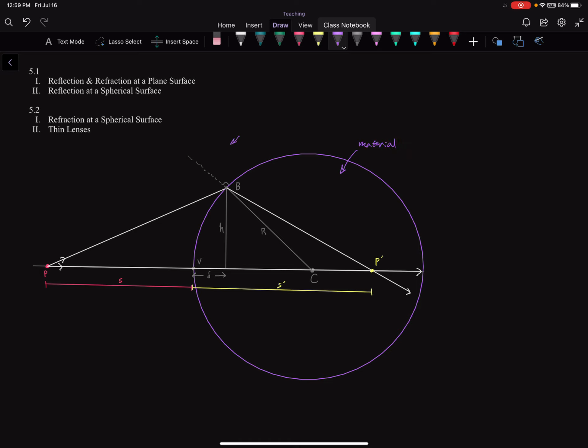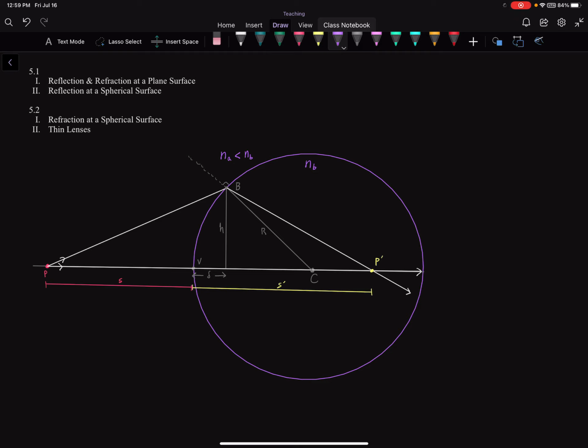And out here is going to be some other material. And what that means in terms of refraction is they're going to have two different indices of refraction, right? So this is going to be, we'll call it NB, and out here is going to be NA. And we're going to consider the case that NA is less than NB. So out here is NA, and in here is some other material that has a larger index of refraction. And that's why it bends something like that,